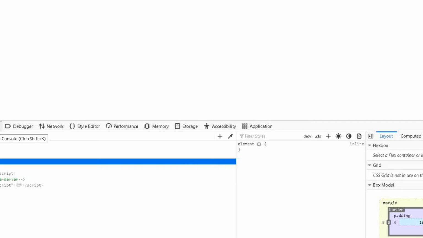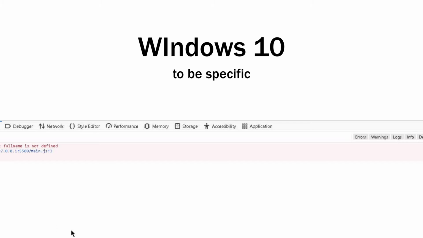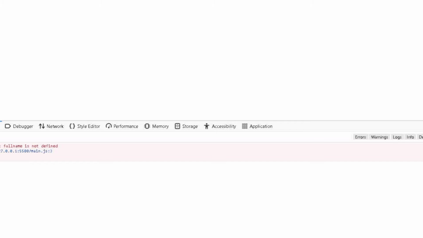Actually, not the console but the inspector opens, where we can see our code. To open the console in Firefox, you have to go to the console tab here. And in Windows 10, guys, Firefox is already installed, so you don't have to go and install it. If you purchase a computer with a Windows operating system, you will get the Firefox browser there for free, or you can install it.